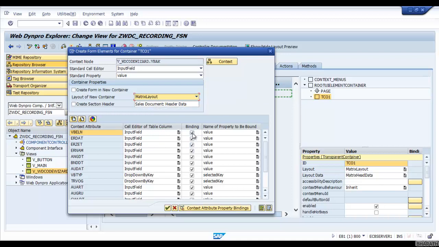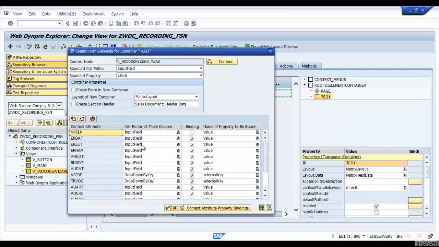Then here you see the binding column. By default all of them are checked. As many context attributes as have binding checked will be created in the screen layout. If you uncheck them, that particular context attribute will not be created as an input field in the screen.